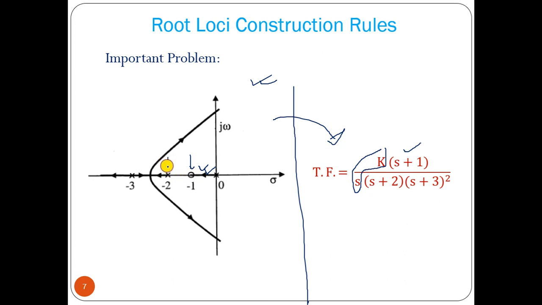Now if you look at this point on the right-hand side, we can see two poles and zero. Then there is no root locus path, so we have one pole here, so s plus 2. Fine. Now if you look here, on the right-hand side, three poles and zero, so the root locus path exists here, right? So it is s plus 2.